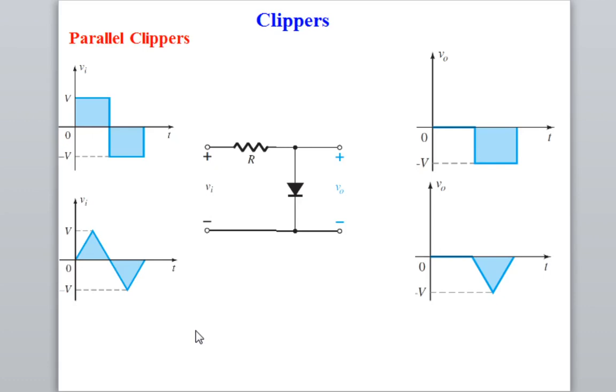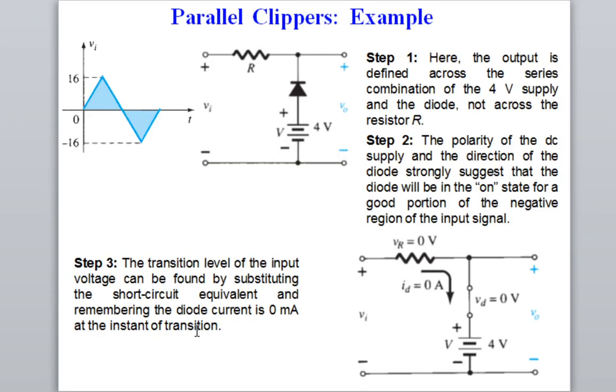When a numerical problem is asked, a more complicated circuit will be given. So let us see some complicated circuits. Obviously, a complicated circuit means there will be some power supply connected with the diode. I have given one example. You are given an input triangular wave with a peak voltage of 16 volts and a negative peak of minus 16 volts, and there is a resistance and a diode. In the diode branch, a power supply is connected, and you are asked to find the output voltage.